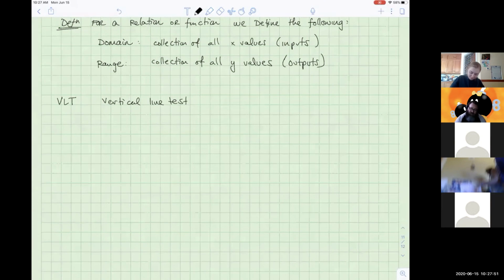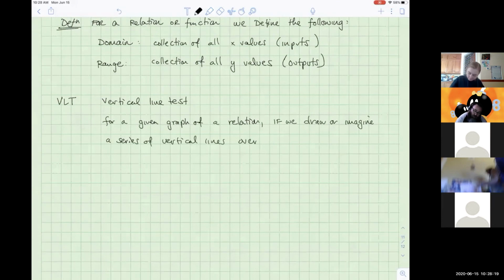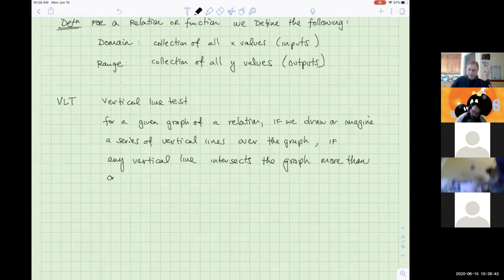Vertical line test. The vertical line test works as follows. For a given graph of a relation, if we draw or imagine a series of vertical lines over the graph, if any vertical line intersects the graph more than once, the graph is